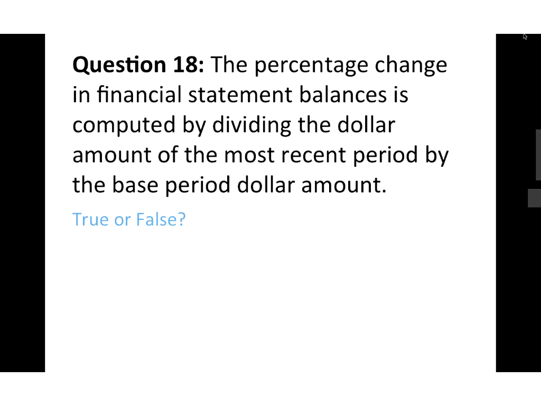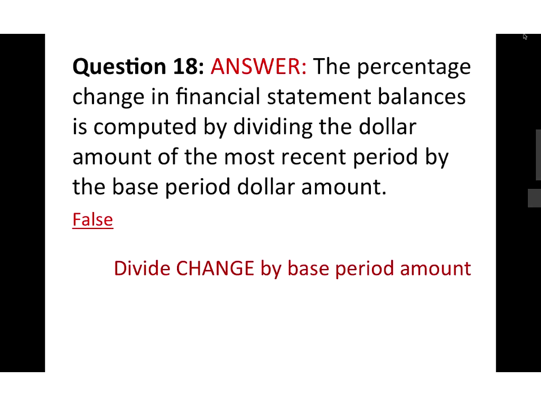so on this question, what it's saying is dividing the dollar amount of the most recent period by the base period dollar amount. On horizontal analysis, what we're actually doing is we're dividing the change by the base period amount. So when we're doing horizontal analysis, we're taking the change, not the first year divided by the base year. That's trend analysis. But when we're doing just the percentage change with financial statements, how much did this change from this period to next? We're taking the change and dividing by the base period amount. This question is going to close in 5 seconds. So we're going to close it in